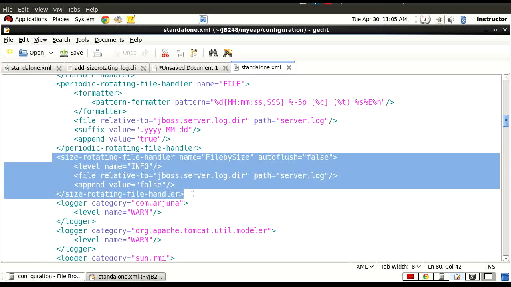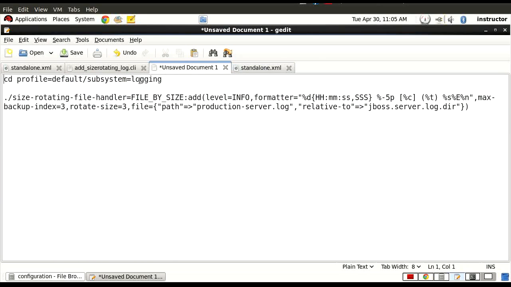Now if, instead of the console, I want to use it through the CLI, here's the one I have here. Instead of showing you a demo, I'm just providing the command here. Part of the lab you'll end up doing this. So cd profile, as it is a domain environment, profile default, part of the domain. There are 4 profiles. Profile default, subsystem logging, and then once you cd to the location there in the CLI, that particular node under the logging subsystem, size rotating file handler, file by size: